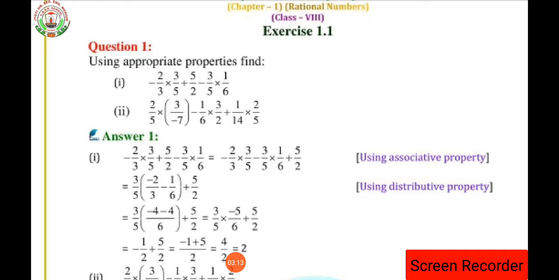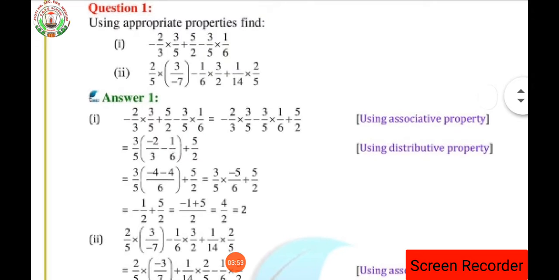Now you will ask me, teacher, if we solve without using the property, then what will happen? So dear student, if you solve the question without using the property, your answer will come the same, but the marks may be deducted. Yes, half of the marks will be deducted, or 1 mark will be deducted, depending on us. Okay, so why is it so? Why will we deduct the marks? Because in the question it is clearly said that you have to use the property, that's why it will be deducted. Clear? So you have to use the property, then only solve. Clear? So let's see.